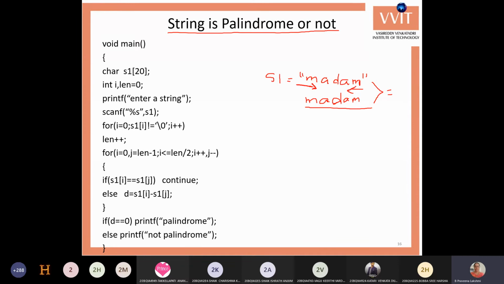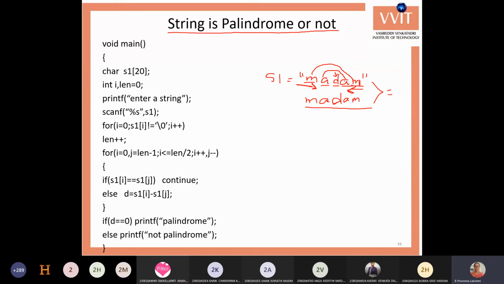We compare the first letter and the last letter, then the second letter and the second from the last, and so on. Whenever these letters are equal, then we can say that the string is a palindrome. If all the respective letters are equal, then the string is a palindrome.